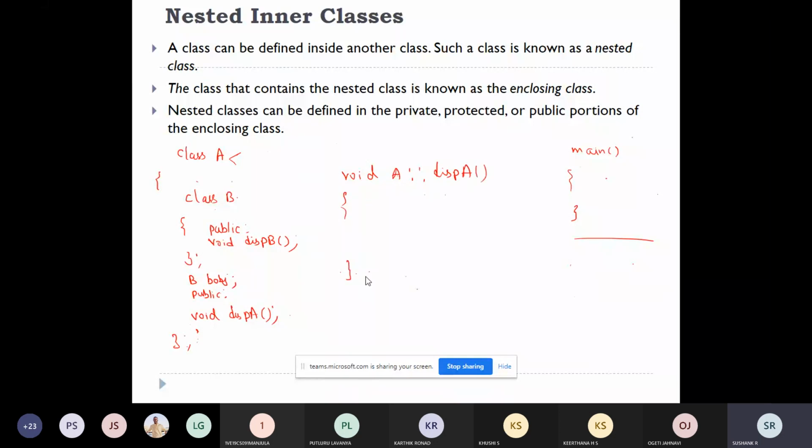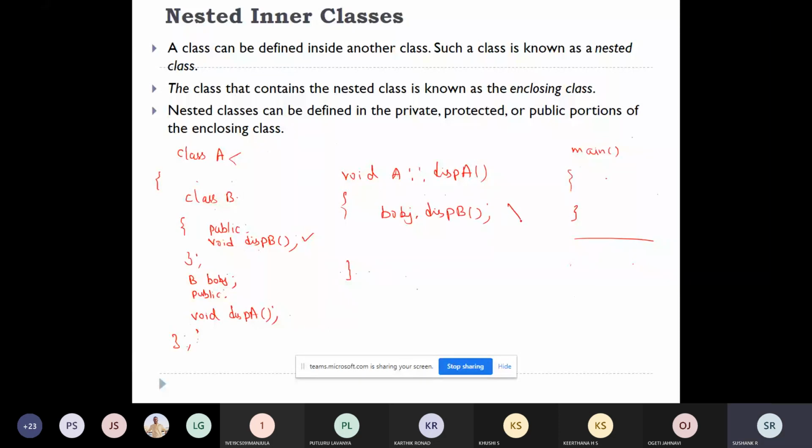Now inside this member function, I can call this display function, the function of class B, by using this object, like object dot display function.